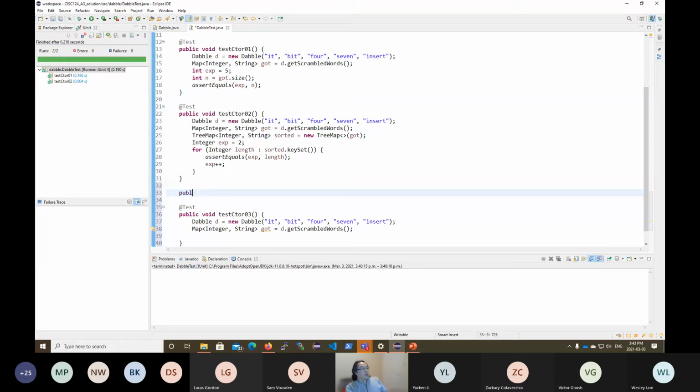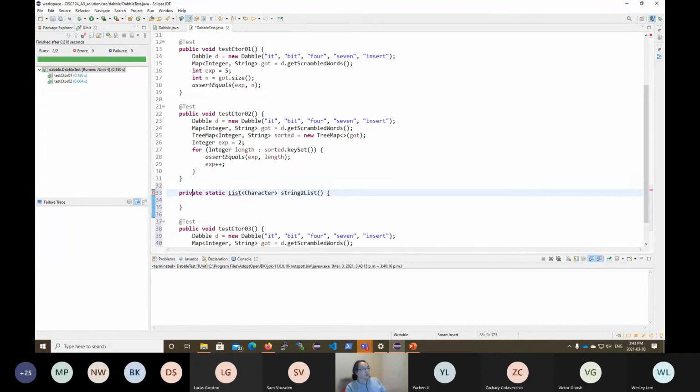So I'm going to make a little private method here and call it string to list. This method is going to take a string s, and it's going to make a list of the characters